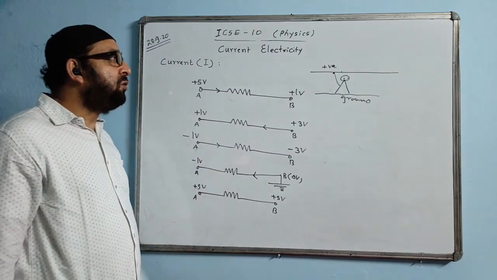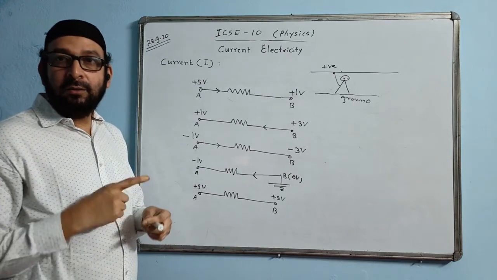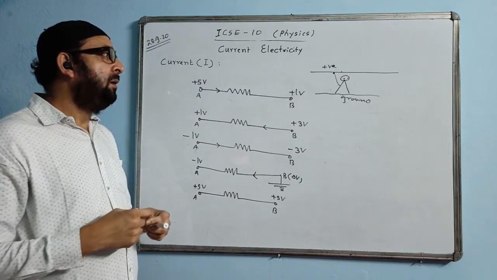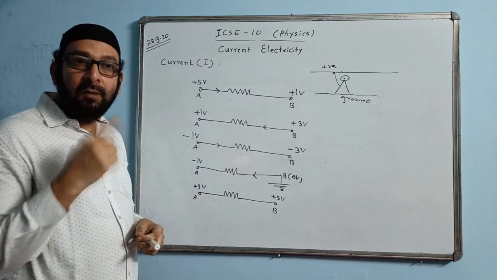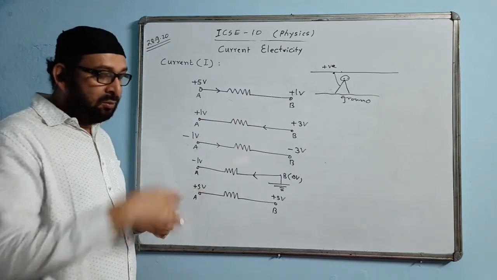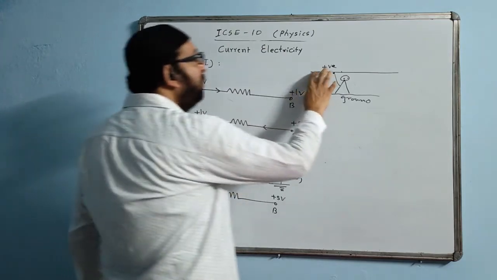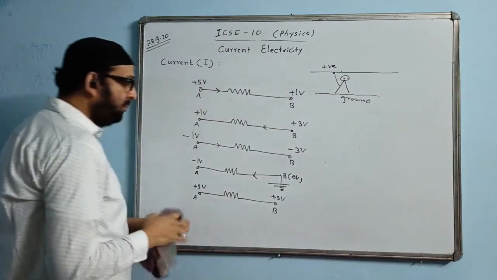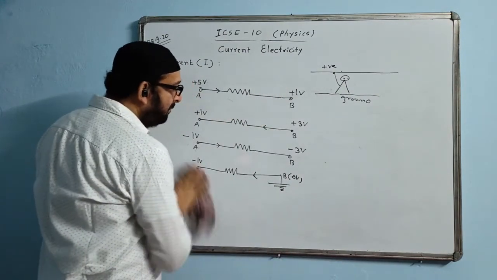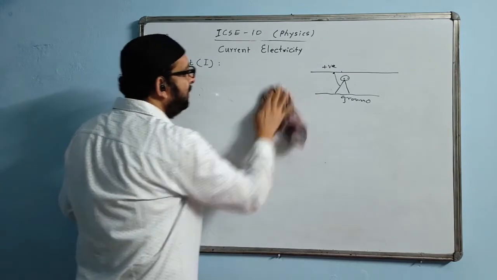So the question may come: a bird sitting on a wire does not get electrocuted. Why? We say because the potential of a wire is the same throughout, hence current does not flow through it. Any 2 points on the wire will have the same potential, so current does not flow in the same wire. We need at minimum 2 wires, positive wire and negative wire, for the flow of current. Okay.